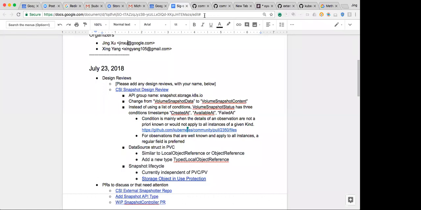How does it work? Right now, we also have a reason and a message, similar to the condition structure. So you can put detailed information about the failure. Like when there's an error, you can say failed in uploading or failed in creating. So in the status struct, besides created at, available at, and failed at, we also have